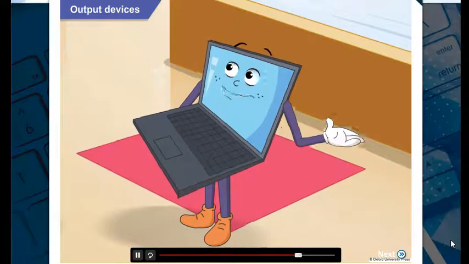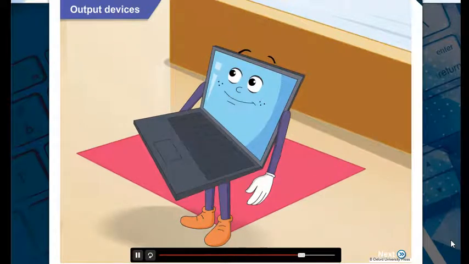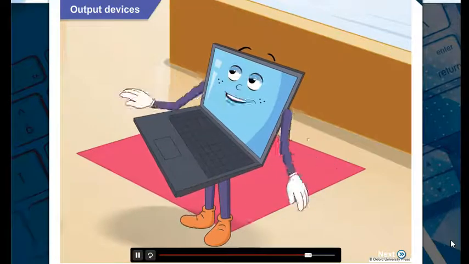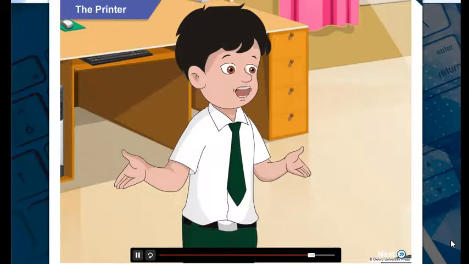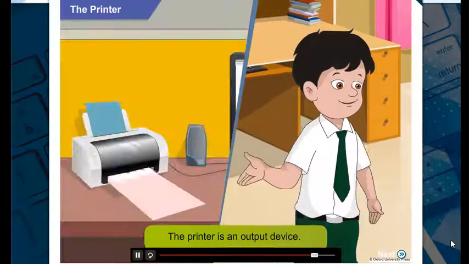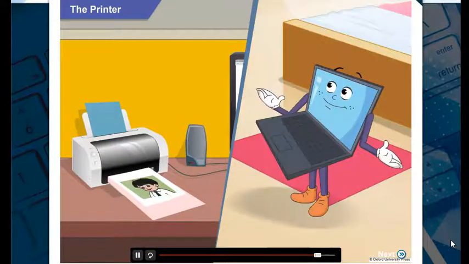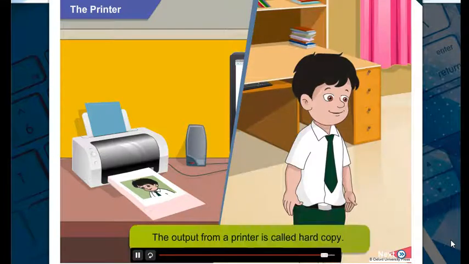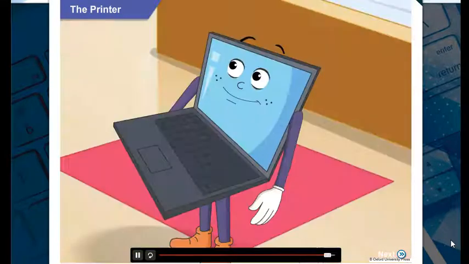And that's why the projector is also an output device. So tell me now, do you know any other output device besides the monitor? I know that the printer is also an output device. Right. And what is the output from a printer called? Hard copy? That's correct, Goggle. Well done.